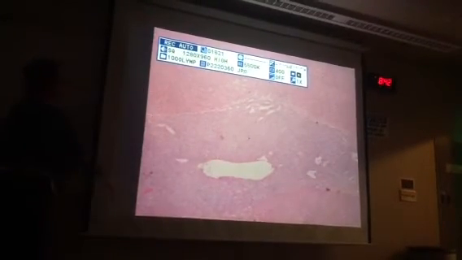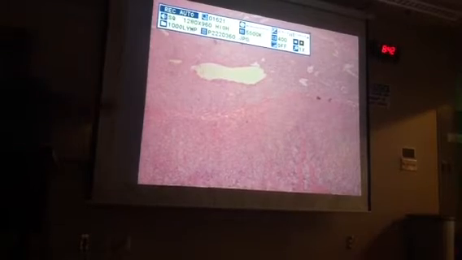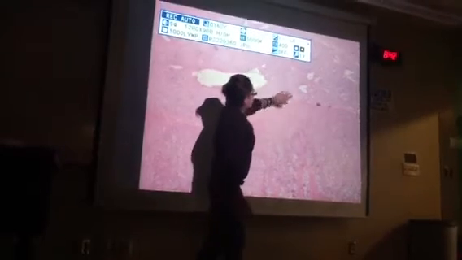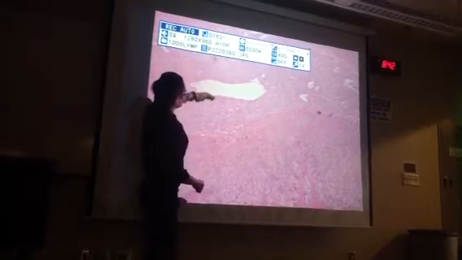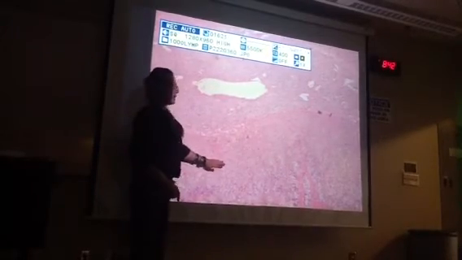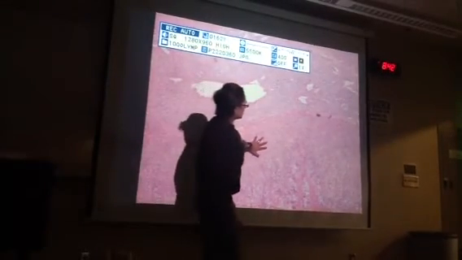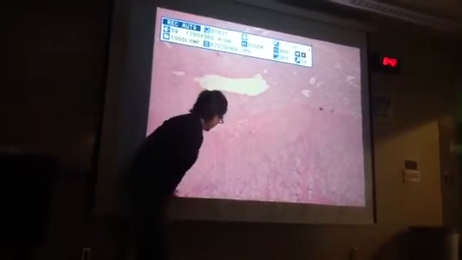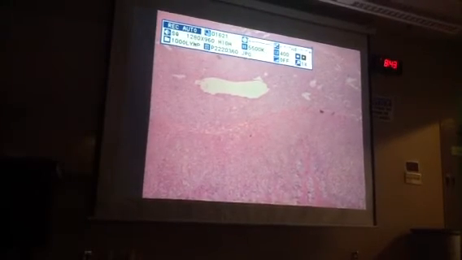So if we keep moving down, again, this would all be medulla right here. And then again, you should see a color switch between here and here. So if that's medulla, then you go to reticularis again. This layer of cells right here, this is reticularis. And then down here is going to be fasciculata. And then if we keep moving down,